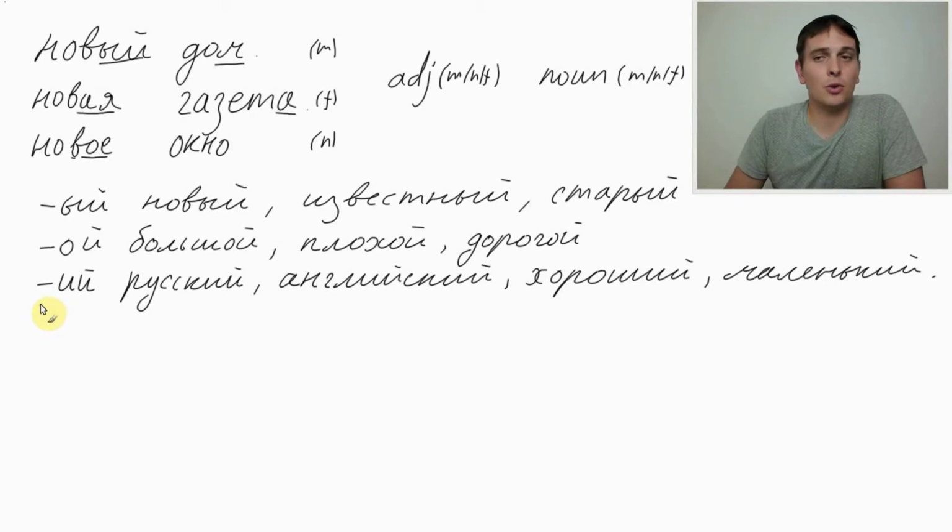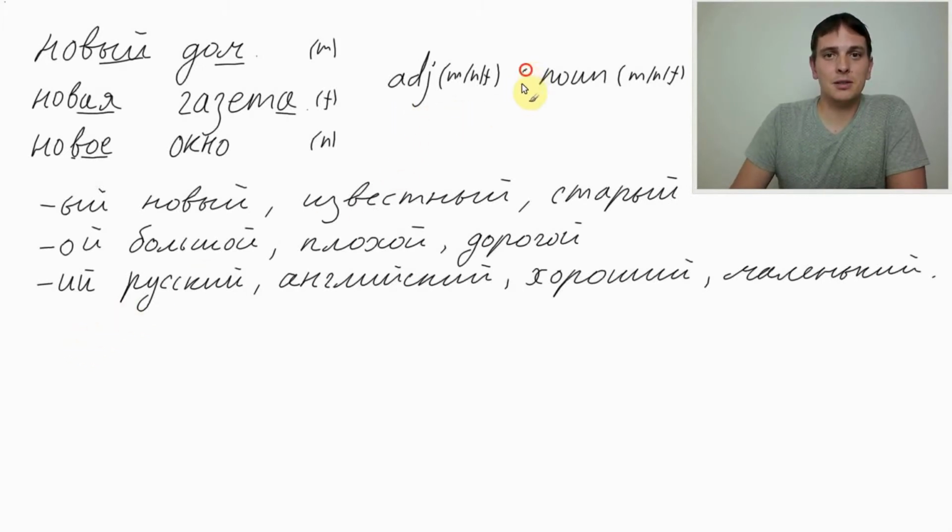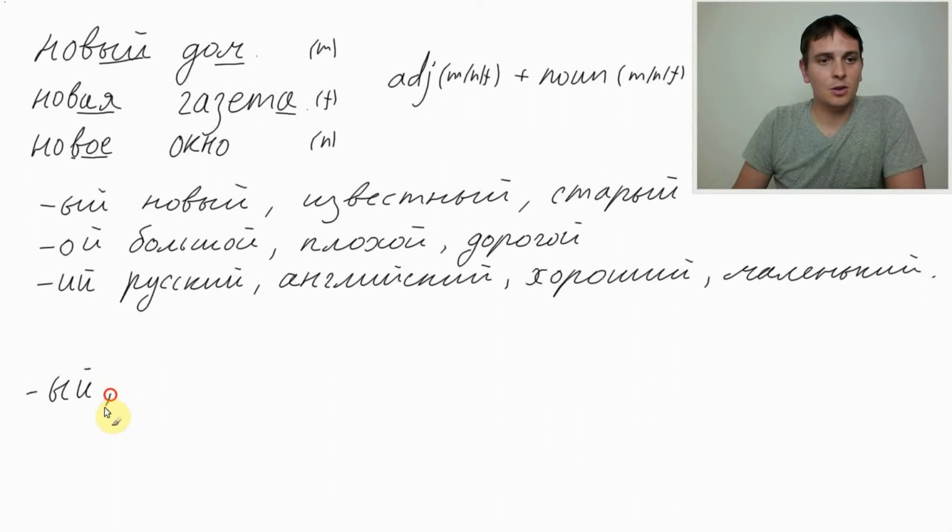So now we have three endings of Russian adjectives. Those are endings which will cover 90 to 95% of all adjectives. There is one exception, and we will deal with this later in this lesson. However, for a general rule now, as I told you, we have adjective plus noun. We recognize the gender of a noun and adjust the adjective. For male, it isn't necessary because all adjectives come in the male form in a dictionary. However, for female, we are taking our endings, which are now ый, ой, or ий,